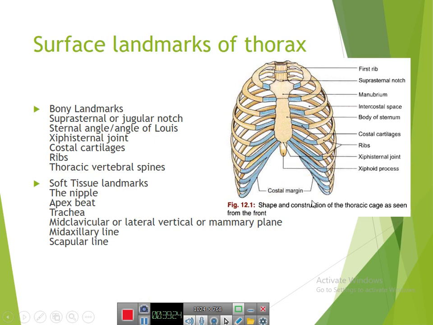In this slide, I'm going to talk about surface landmarks of the thorax. In fact, the thorax has a lot of landmarks, bony landmarks and soft tissue landmarks, that we can use to identify different organs and structures inside the thoracic cage. The landmarks of the thorax are bony landmarks and soft tissue landmarks. In the bony landmarks category, we have the suprasternal or jugular notch, sternal